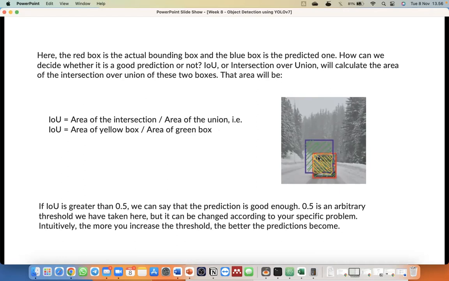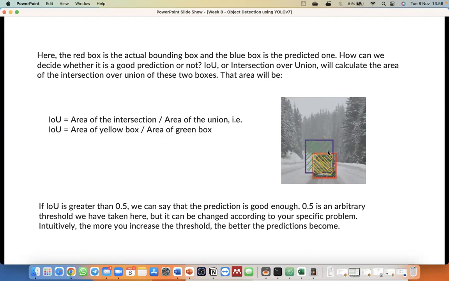So we calculate the area of the intersection divided by the area of the union, which is the yellow area divided by the green area. So that's how to calculate the intersection over union.